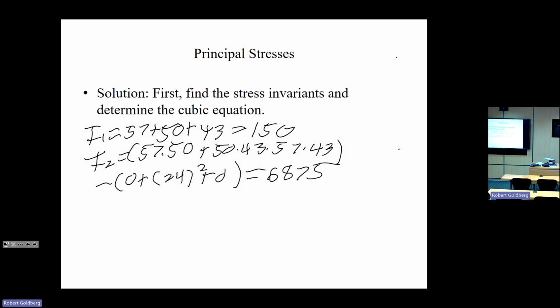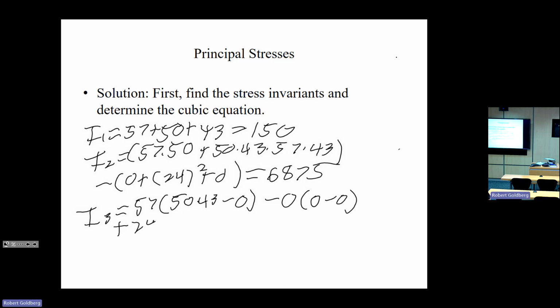And we do that, we end up with 6,875. And I3 is then equal to the determinant. So it's 57 times 50 times 43 minus 0, minus 0 plus 24 times 0 minus 50 times 24. And you go through and do the math, that's equal to 93,750. So what you do based on this, you take these values and plug them into your cubic equation,